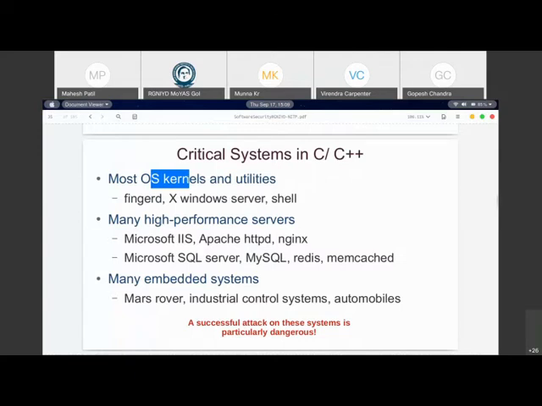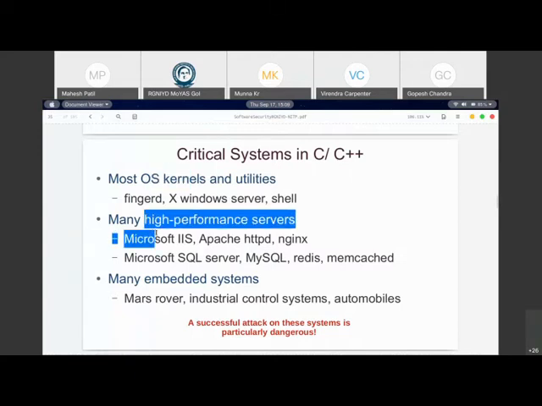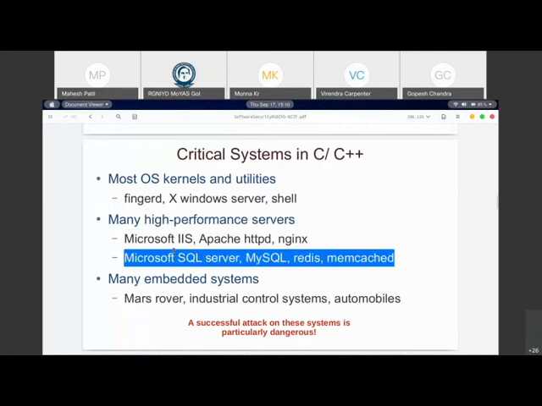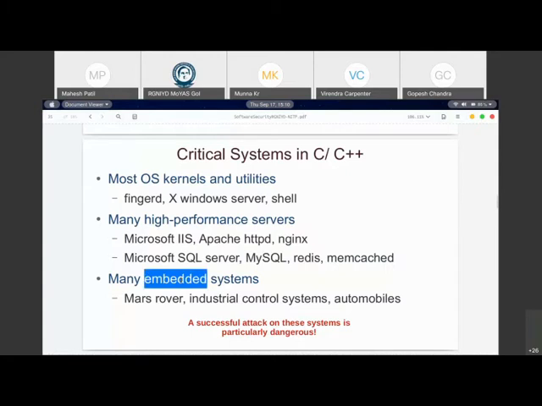You talk about even the high performance servers like Apache, Nginx, and IIS web servers, they are also written in C, C++. The same is true of databases and popular utilities like Redis and Memcached, right? And not to forget, even today a lot of people write code only in C, C++ on embedded systems.